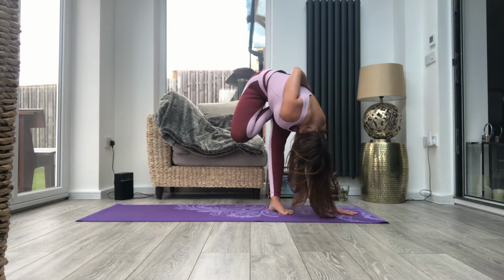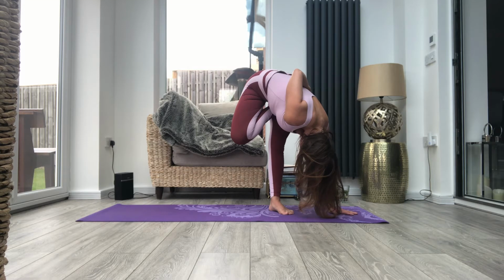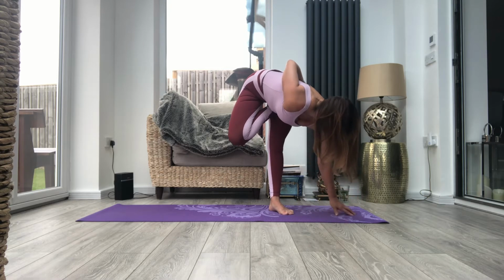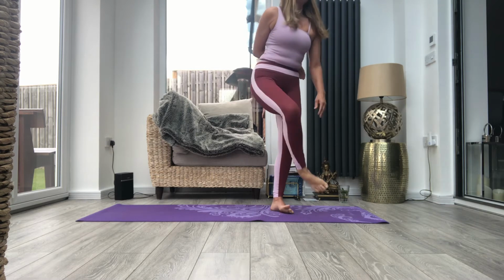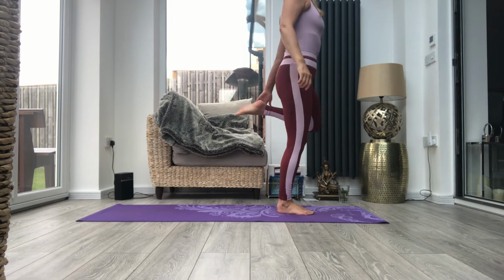Inhaling for 3 and exhaling for 3. Gently look up, come up onto the fingertips, soften the knees, and slowly release. Changing sides, bringing that